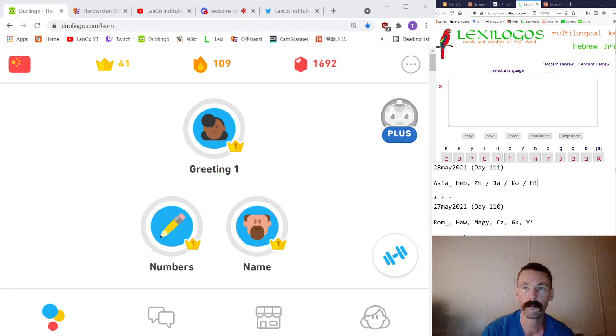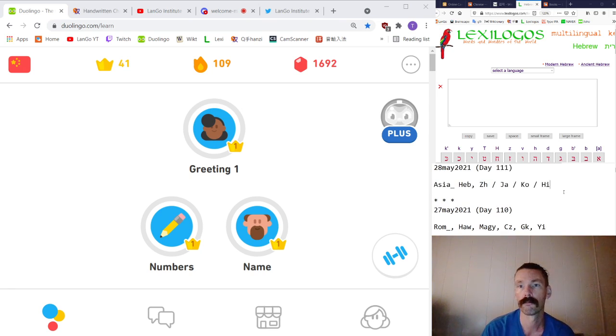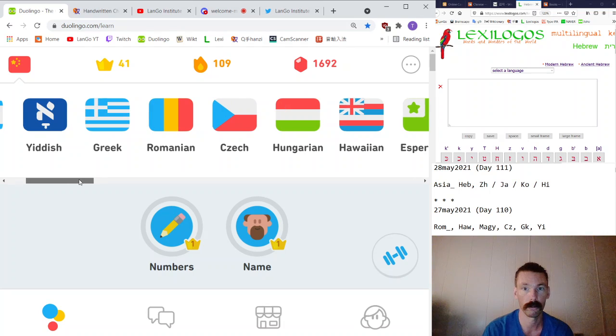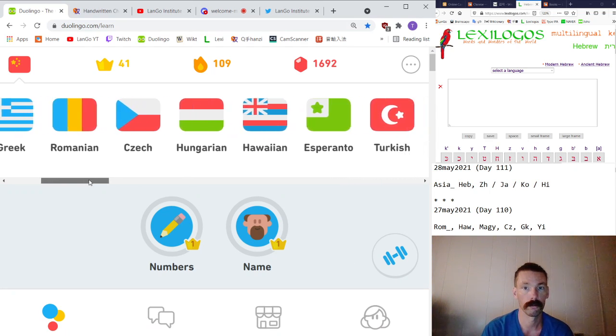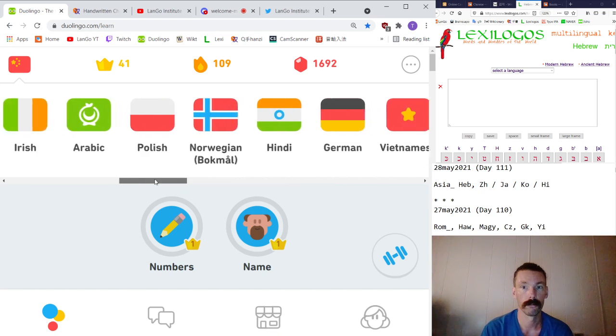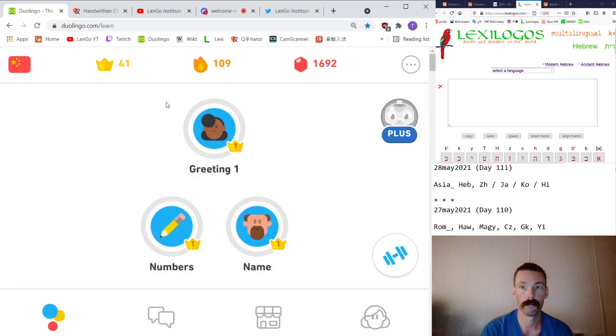Okay. Let's see. I'm trying to think. Do you count Oceania? I guess that's not Asia, right? Yeah, we could include it there, but of the ones that I've already put on the notepad, which appeals most? Oh, okay. I suppose Turkish is. Let's do some Japanese. We haven't done that in a while. It has been a while. Good enough.